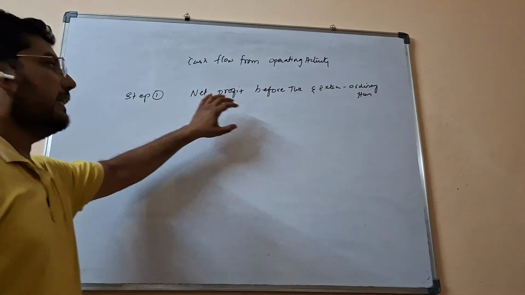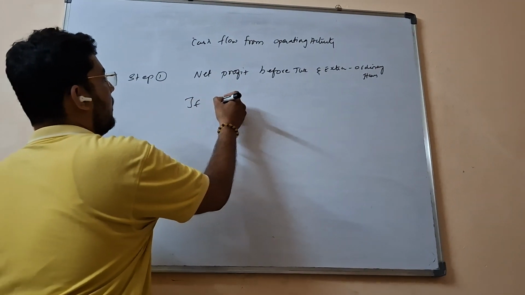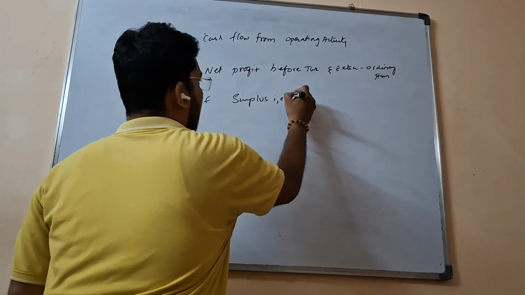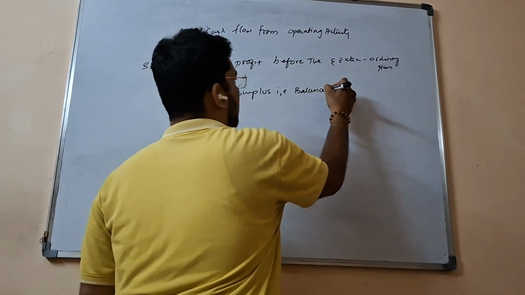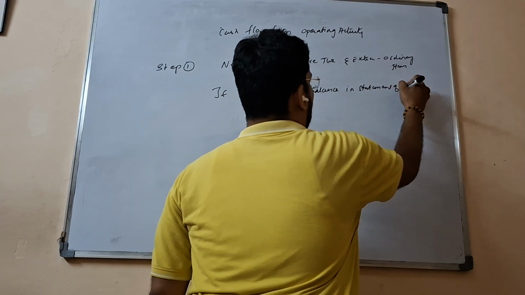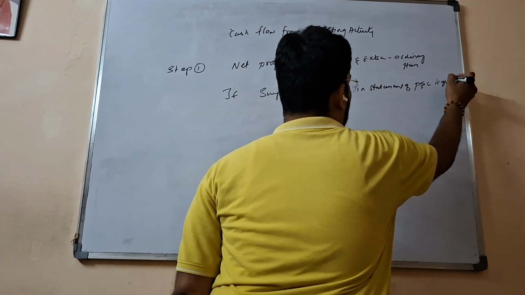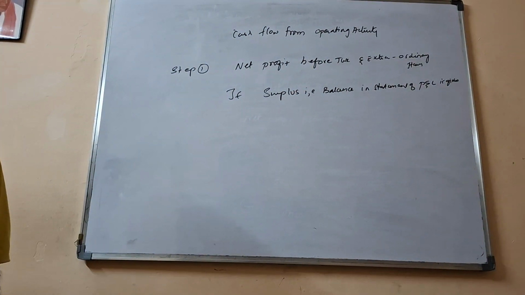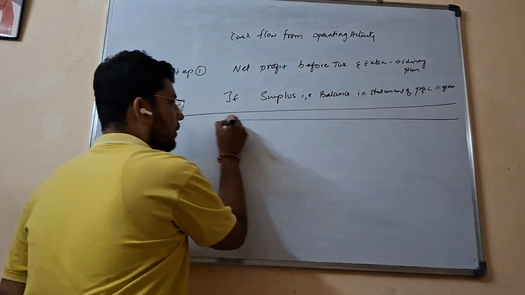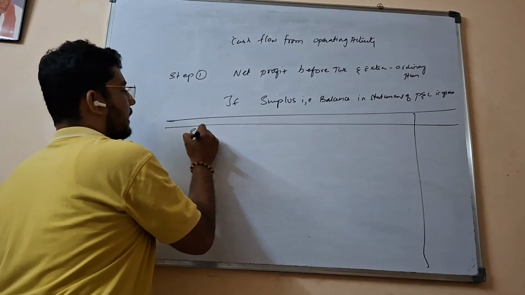Yeah, again, net profit before tax and extraordinary items. If surplus, that is balance in statement of profit and loss is given, that means in simple terms they have given the balance sheet. So here first we are going to take surplus